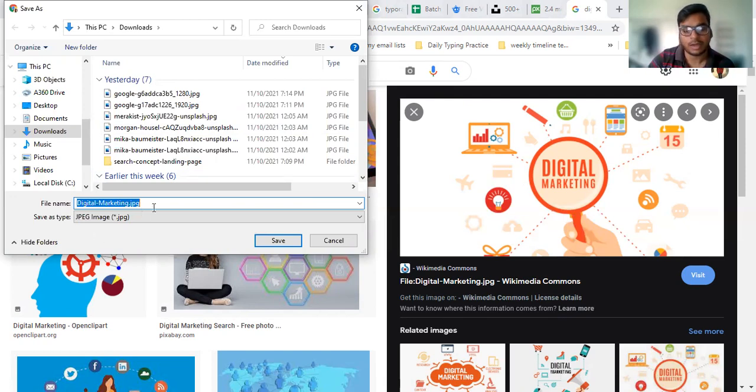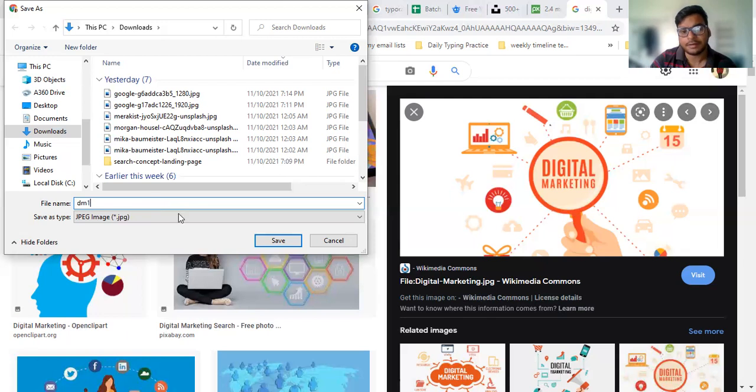Giving the name of the image is very important from an SEO perspective. There is a part of SEO called image alt text, so the name of the image is an important part of SEO. I will discuss this in an SEO video. So I am giving the name DM one.